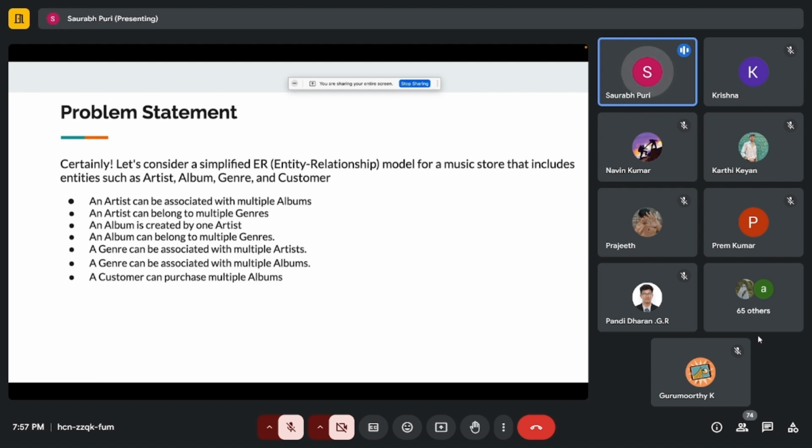Now, an artist belongs to genres. Every genre belongs to each and every artist, say pop, rock. So we cannot say a genre is exclusive to an artist. So basically, an artist can belong to multiple genres, and a genre can also have multiple artists, because